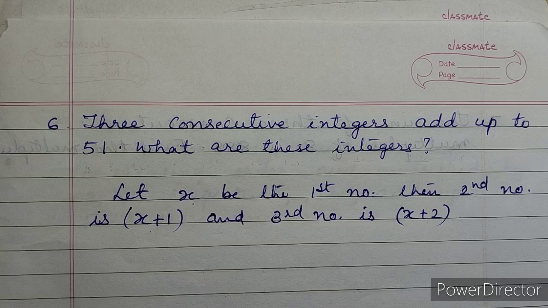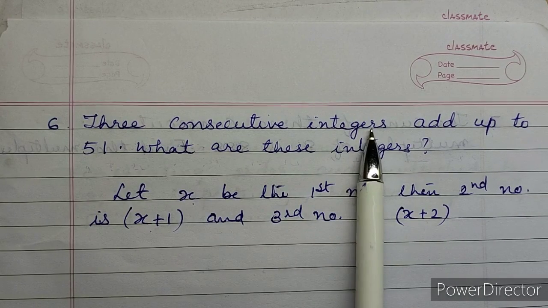First number is x means next odd number will be x plus 2 only. Third odd number will be x plus 4, like that. So these three, I am just saying, in case of any questions on consecutive even integers or consecutive odd integers, if it comes, you should be able to write that. So here it is consecutive integers.